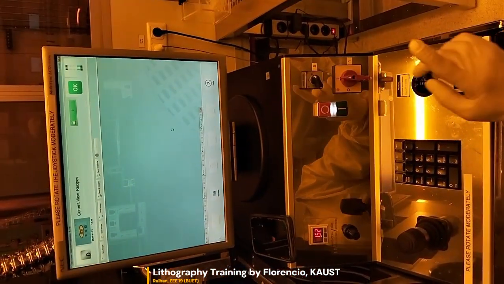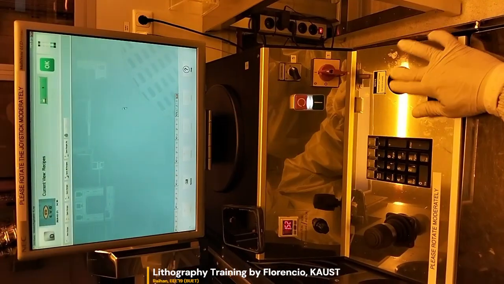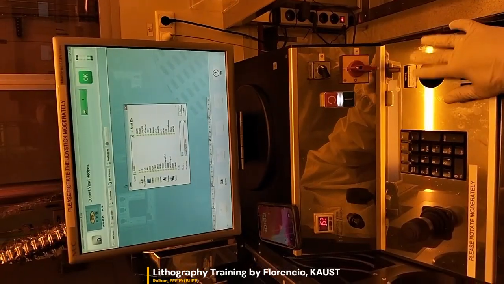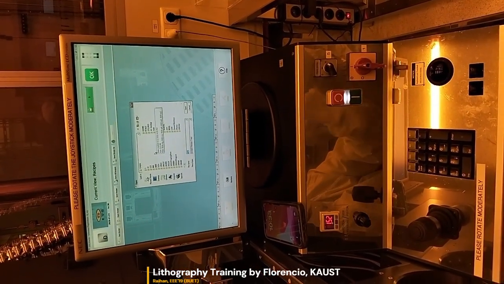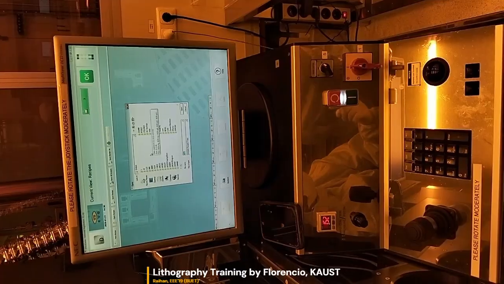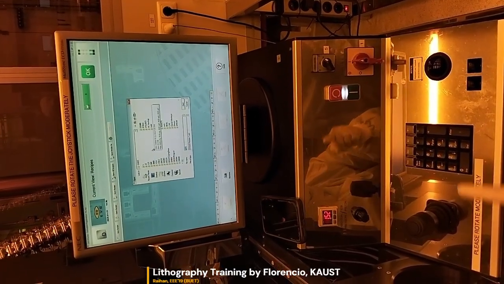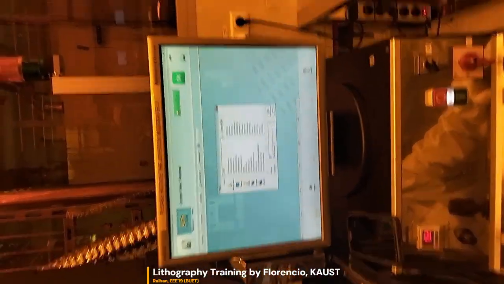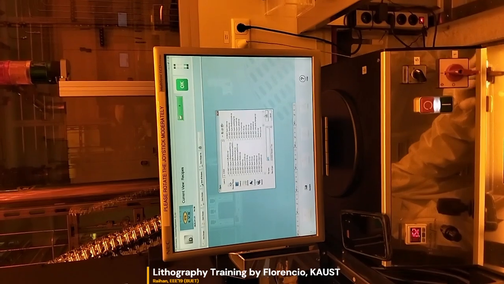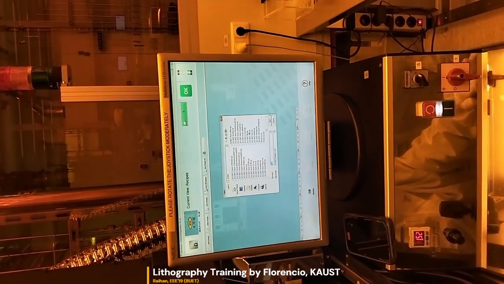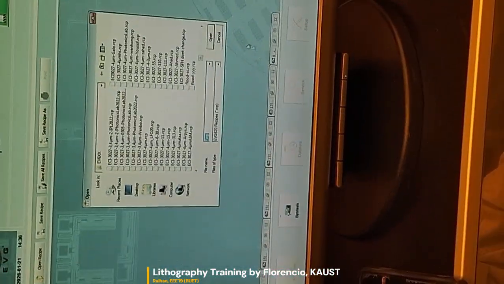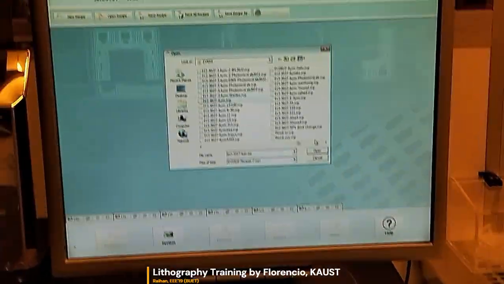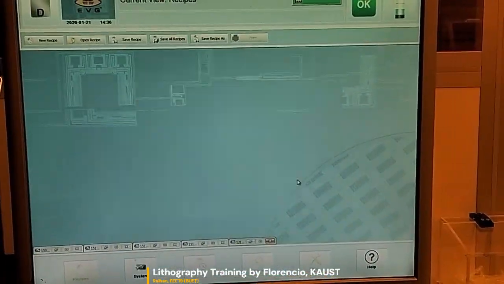Alright, now to open up a recipe, you go through here, open recipe, and then each of the standard parameters that we have in the spin coater has a corresponding parameter in here. For example, we use ECI 3027. We have ECI 3027 here, but see, there are a lot of versions already. The one that is standard is the one without the extension name. So this is the standard one. I open it up.